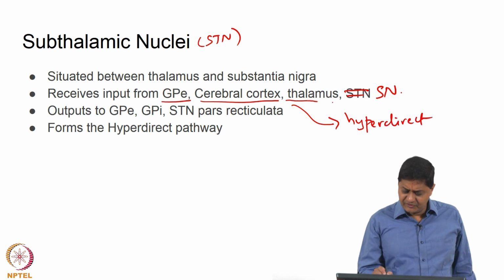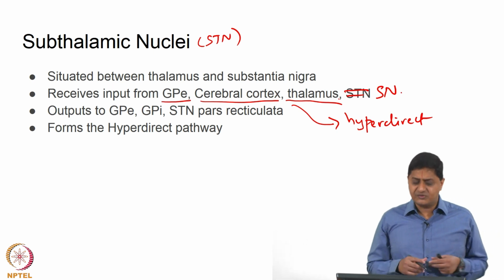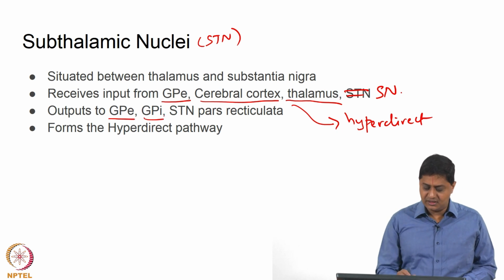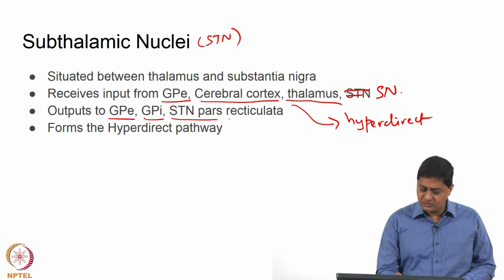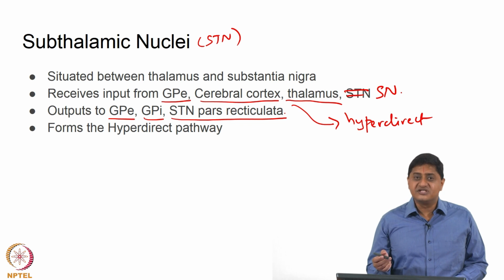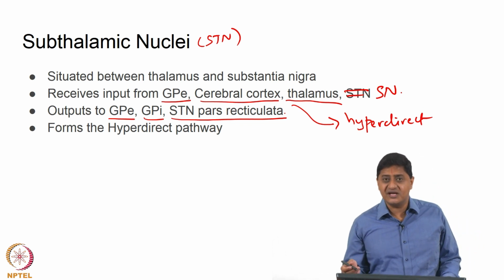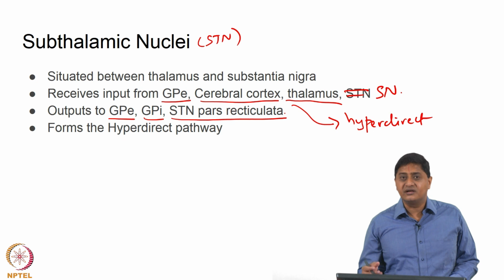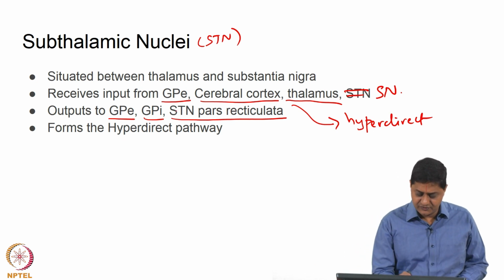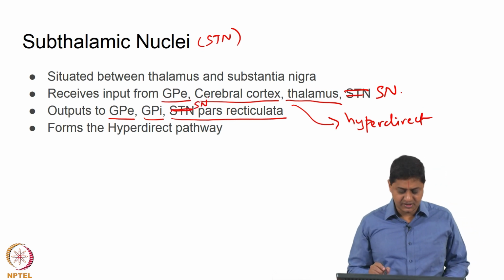It also receives input from thalamus. So, it receives input from multiple structures. It outputs to both pallidal segments, both external and internal, and also to substantia nigra pars reticulata. Note, substantia nigra pars reticulata is similar to GPi. So, if it outputs to GPi, which is basically the output structure, it also outputs to substantia nigra pars reticulata. Just to prevent confusion, I am going to call this SN pars reticulata,